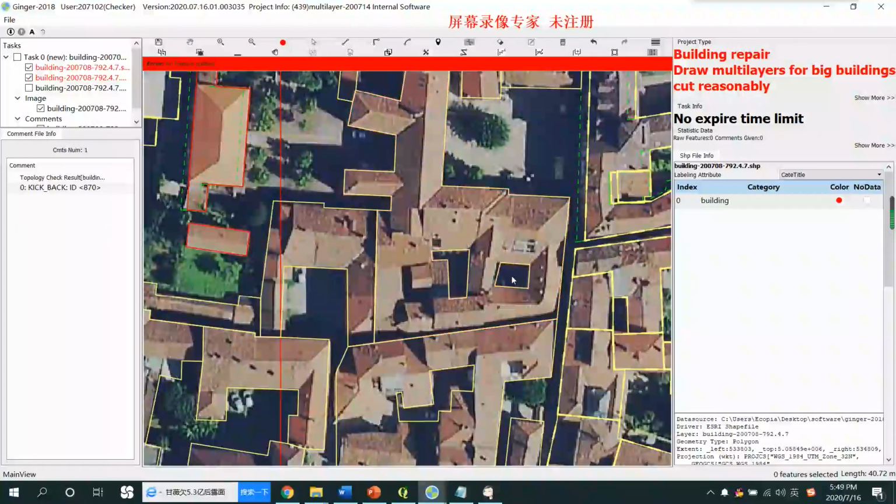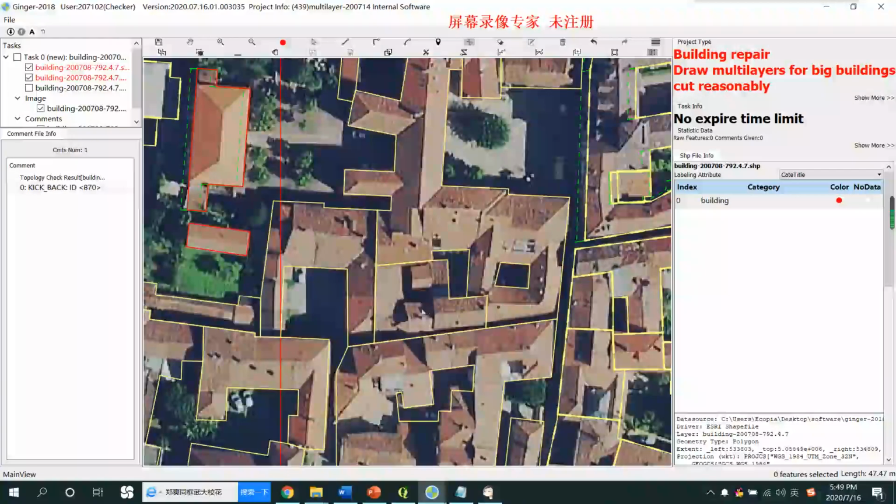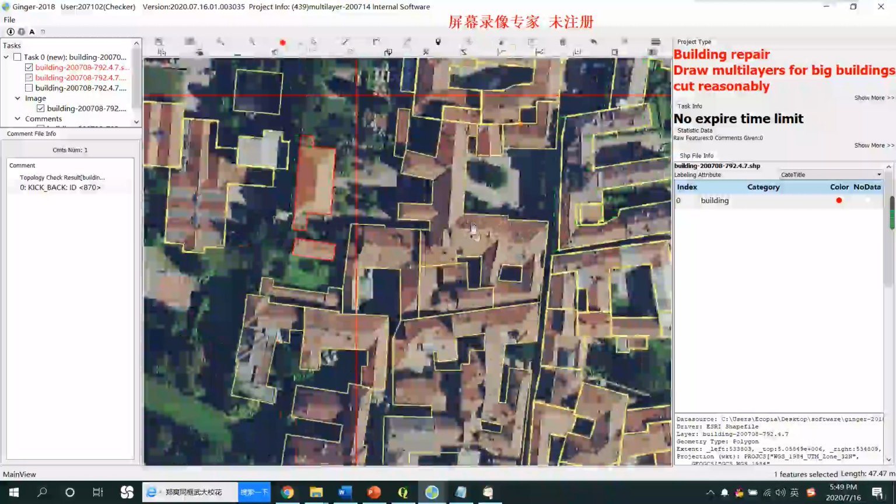Oops. Okay, let's see. I need to do like that. Let me check how I should cut it. Okay, I see. Yeah, for such one it's a little bit complicated. I need to cut for two lines. Yeah, right. You can see that it will be into two components, and then for this part,